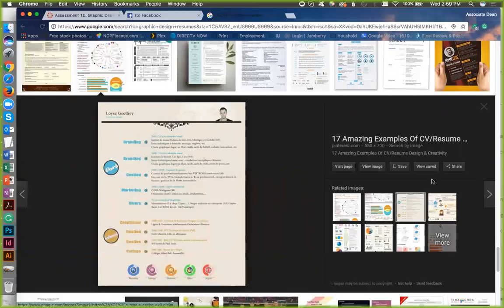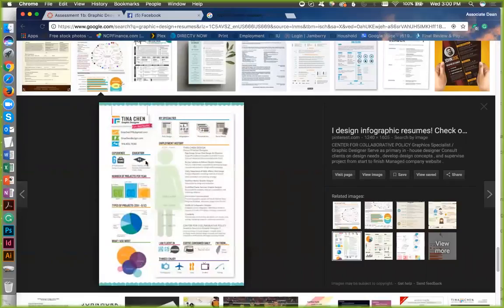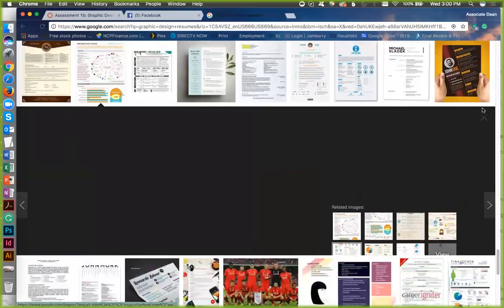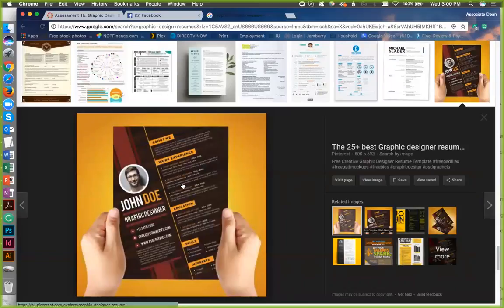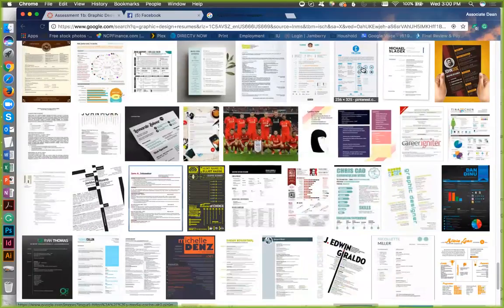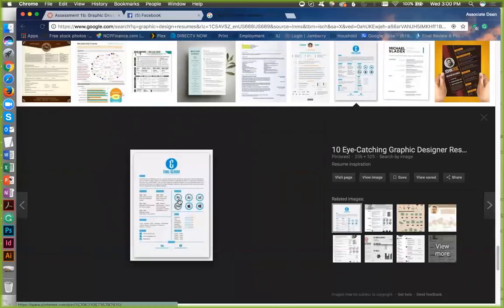Love how they did this down there. This is straight to the point as well. There's a lot of information to process, but it's neat, it's clean. Love this resume. Not a big fan of this part of it here, but I like everything else. So some of it's personal preference. Okay.